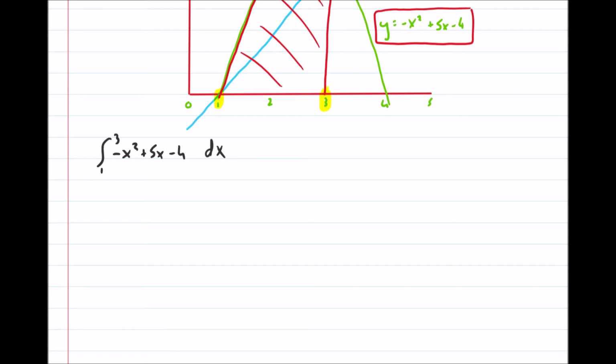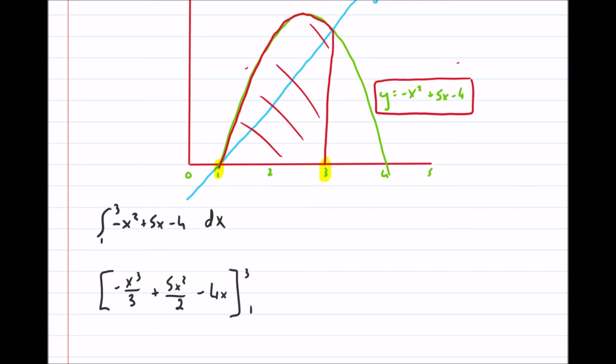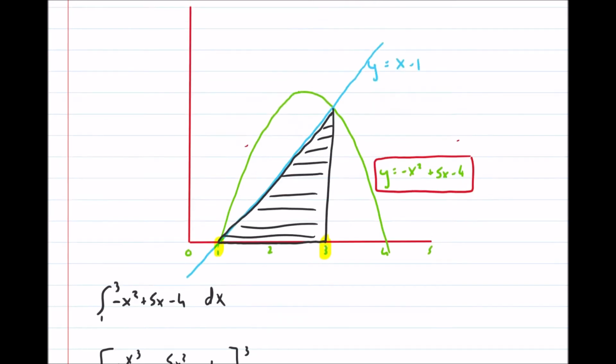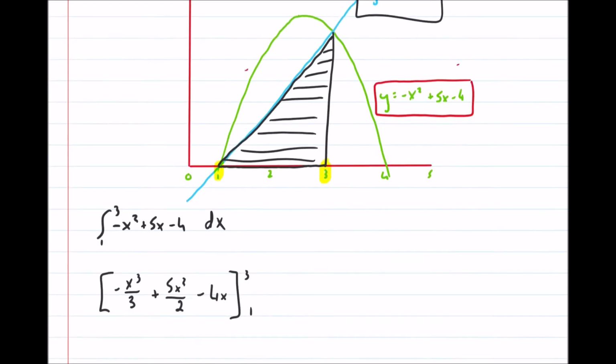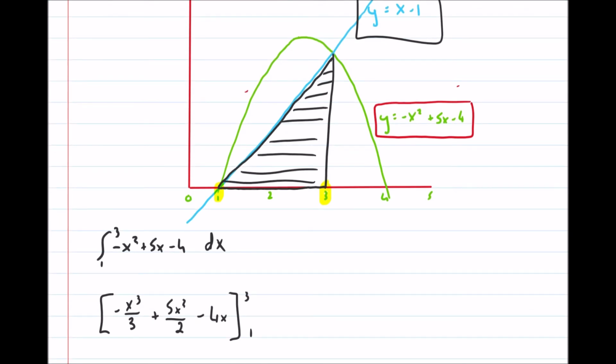So if I integrate that, I will get minus x cubed over 3 plus 5x squared over 2 minus 4x. And that's between 3 and 1. Okay, so I've done that. Now what I want to find is the area between here with all this. So I want to find the area of all that. So I take this function and integrate it. This function is x minus 1. So integral from 1 to 3 again, x minus 1